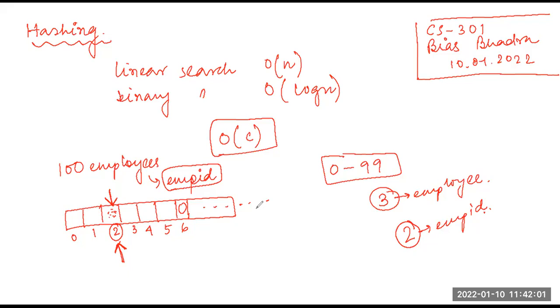So far, everything was going perfectly. We can directly access the record of any element. Once we know the employee ID, I can know in which array index location I can get the details, because my employee ID is the same as my index location. So I can go very smoothly, but practically this implementation is hardly feasible. Why is it hardly feasible? I will tell you.